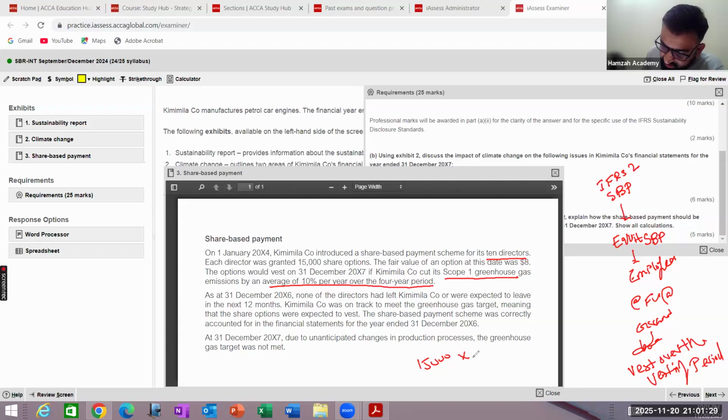There are 10 directors and each director will get 15,000 share options. At the grant date, the fair value is $8. So X4, X5, X6: 3 years out of 4 have been completed successfully, and in these 3 years the target seems to be fulfilled. So the total expense which has been recognized till here will be